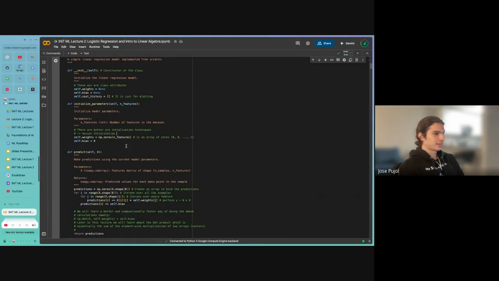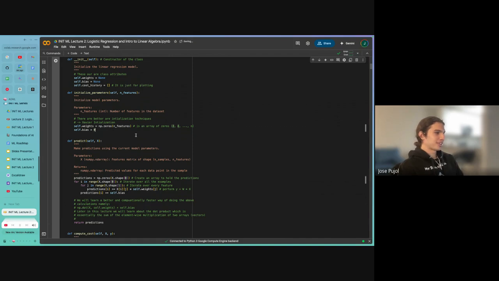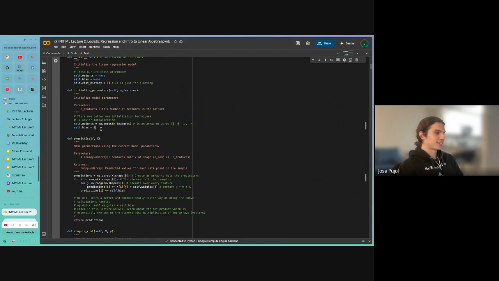That has to do with the probability distribution of your initializations at first. You start with a uniform distribution and that works better. But I'm not going to get into that right now. Just know that for the sake of simplicity, we're starting everything at 0, but there are better ways of doing this.